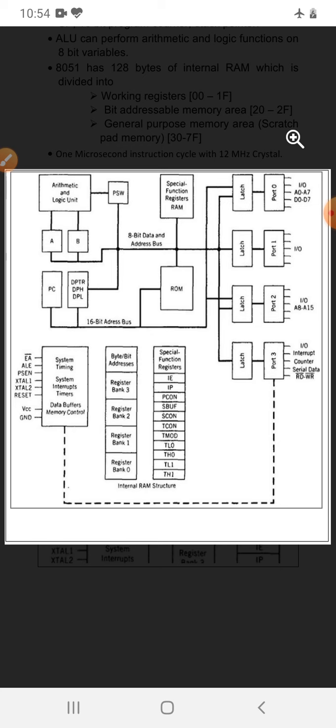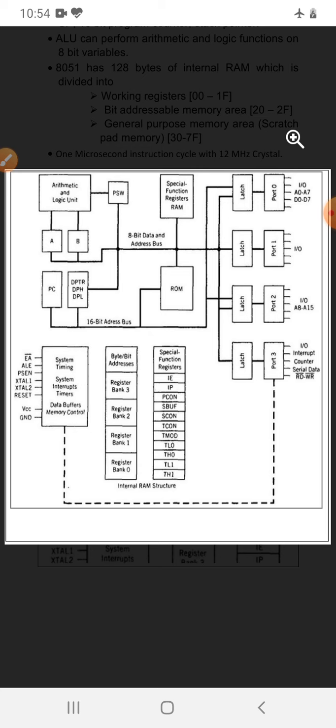These registers of your banks are identified with the labels R0 to R7: R0, R1, R2, R3, R4, R5, R6 up to R7. These registers can be used as auxiliary registers in many operations, or as temporary storage where data can be stored temporarily.